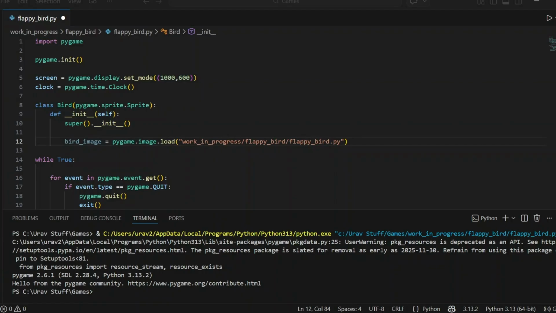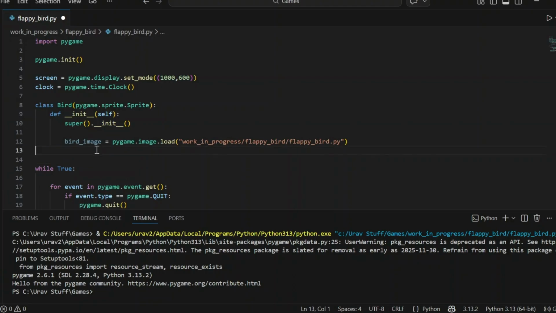And so this is a way you get any image into Pygame and you're able to use it. You have to use this function here. And now what we want to do is assign this image to our class. So what we're going to do is self.bird image is equal to our bird image,